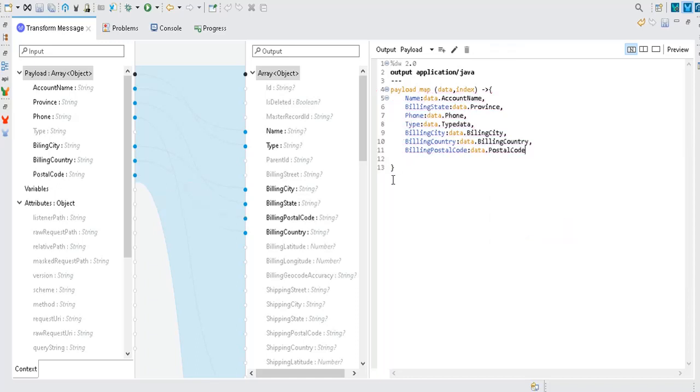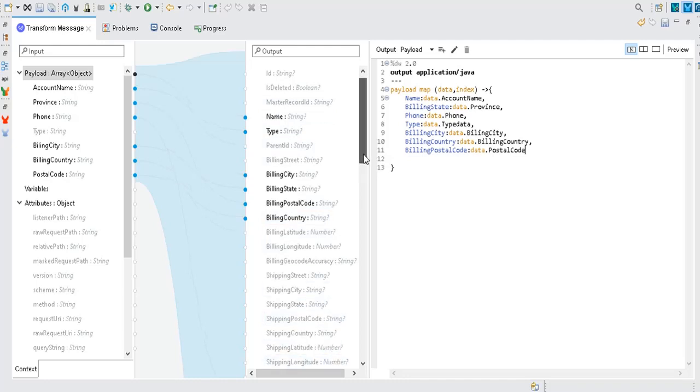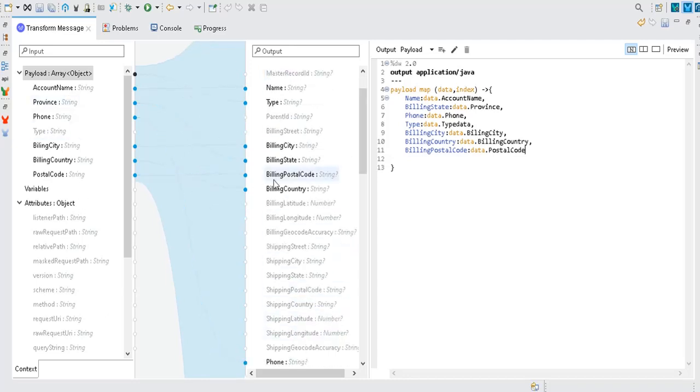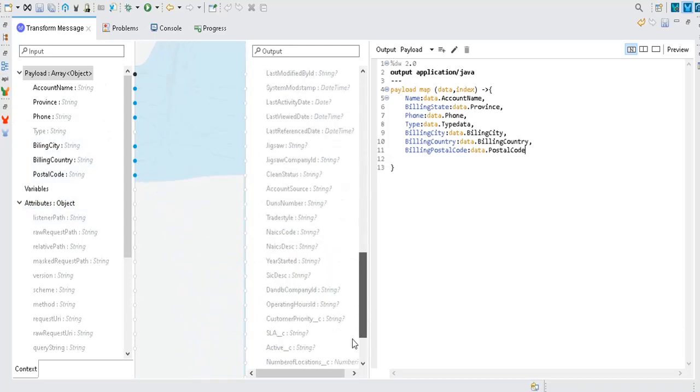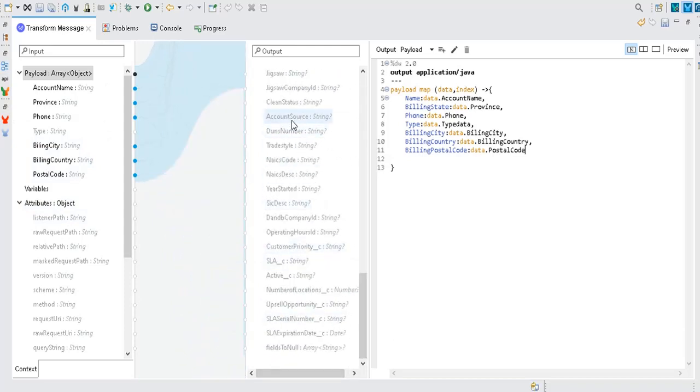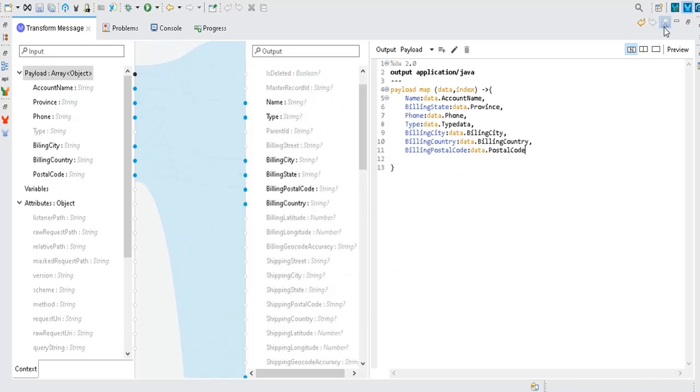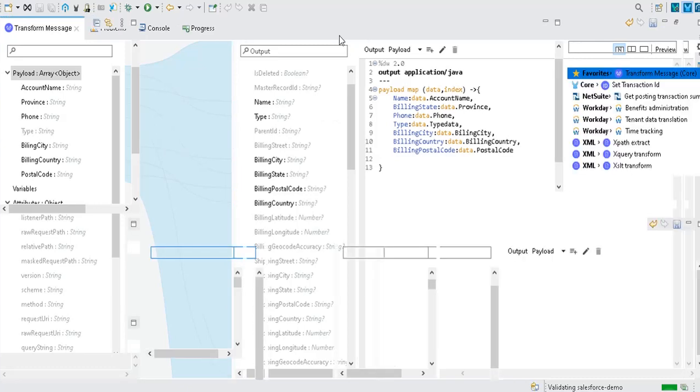So this is how you can map any of the fields available in your example with the fields available in the Salesforce account object. If your real-time project requirement is to update or create all the field details, then you will get the sample data with all the field details here. You can map them accordingly as per the required fields. Whatever fields you are going to map, you need to first check the name here. You need to map with that field. Just now we did it like that. Okay. So let's save this. So this is how we have done the mapping. Now let's save and test this.